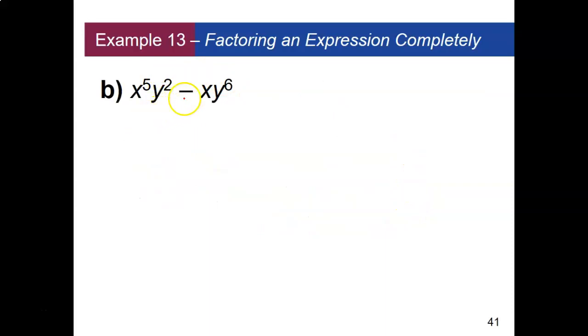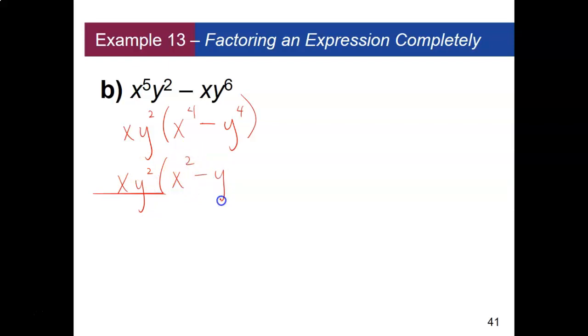Okay, here's another one. We want to start by taking out our greatest common factor. So we'll have an x and a y squared. So it's going to leave me with an x to the 4th minus y to the 4th. Okay, this is actually the difference of perfect squares. So this will factor into x squared minus y squared and x squared plus y squared. Because if I square x squared, I get x to the 4th. If I square y squared, I get y to the 4th. So this will factor, and I can't factor this any further because it's the sum of squares, but I